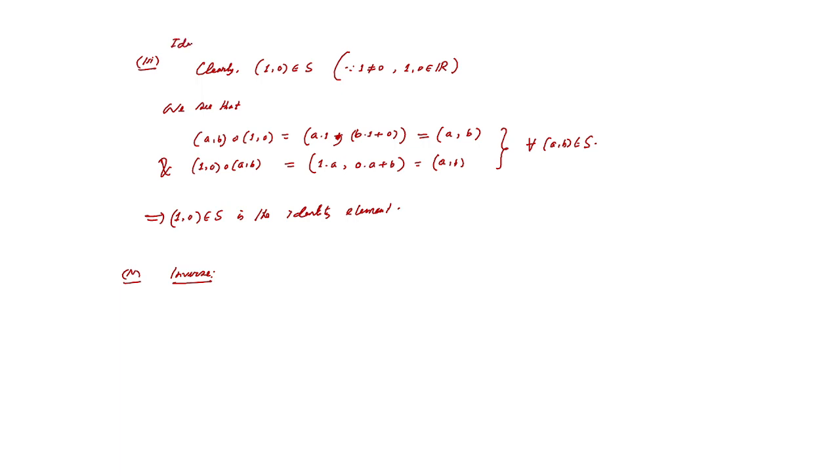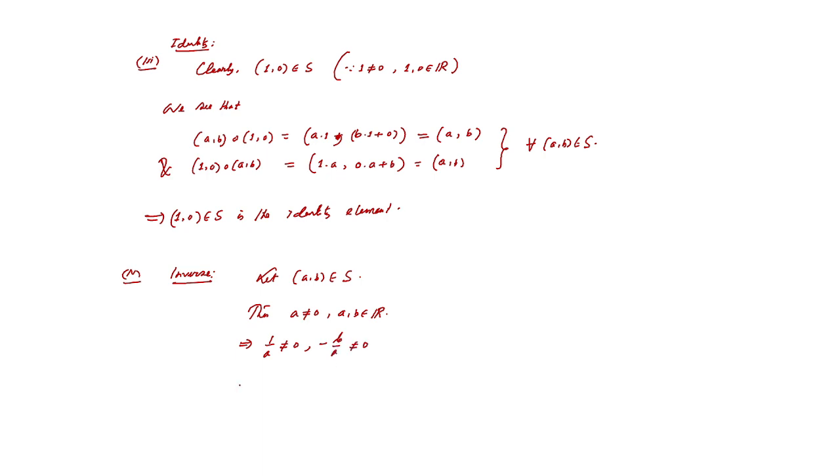So for inverse, we shall show that, let us take an arbitrary element (A,B) belonging to S. So then obviously A is non-zero and A and B both are real numbers. And since A is non-zero,